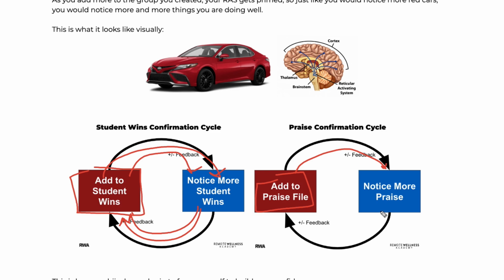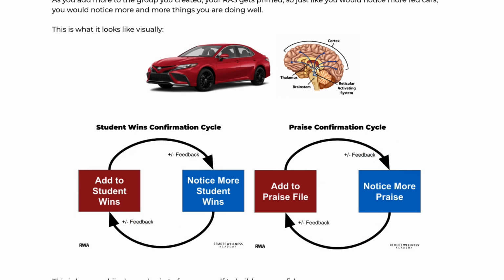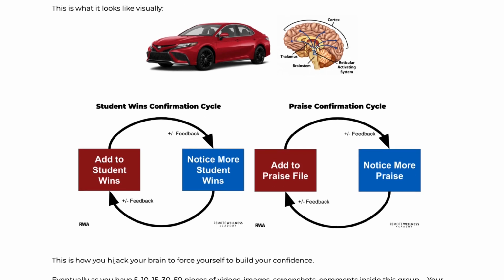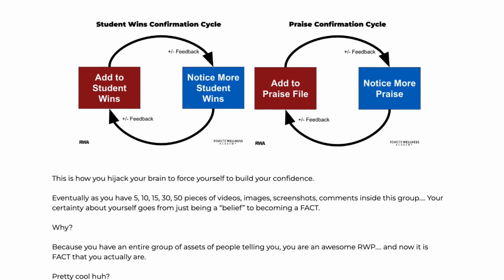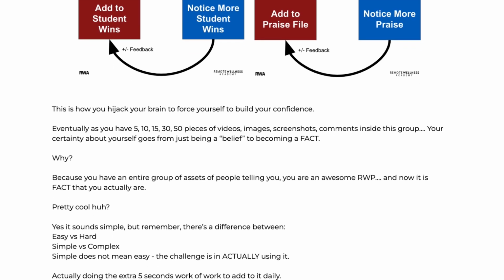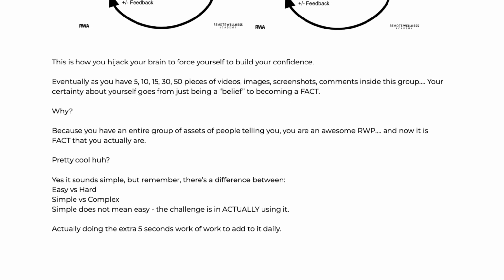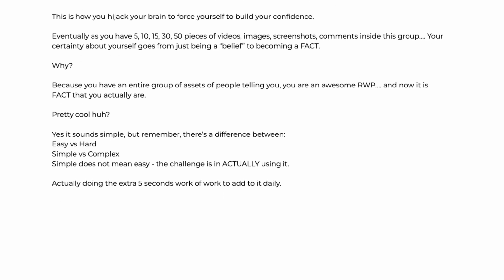Because when I notice more praise, guess what? I add more to the praise file, WhatsApp or Telegram group. And then when I add more to it, I notice even more. And that is how you start this feedback loop, and it gets more and more and more. This is how you hijack your brain in order to force yourself to build confidence. And then eventually, as you have 5, 10, 15, 30, 50 pieces of content, video, images, screenshots, comments inside of this group that you have created, what happens is that your certainty about yourself, about your company, about your product, about what it is that you are doing